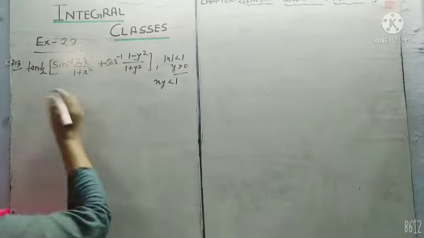Now student, this property also we have learned, so we will apply here tan inverse of x plus y upon 1 minus xy. Tan inverse and tan cancel each other, then we will get directly x plus y upon 1 minus xy, where the condition given is that xy is always less than 1. This is the answer of question number 13.